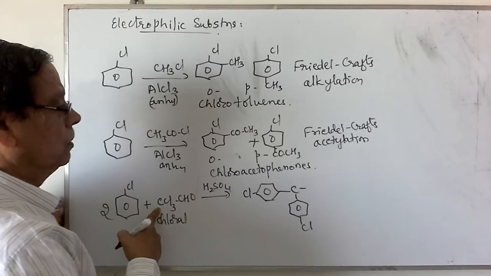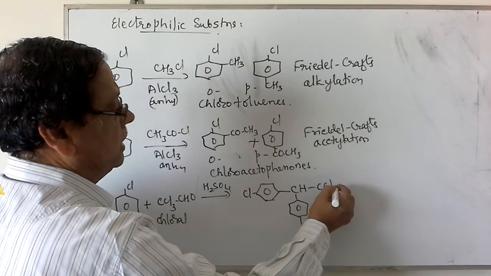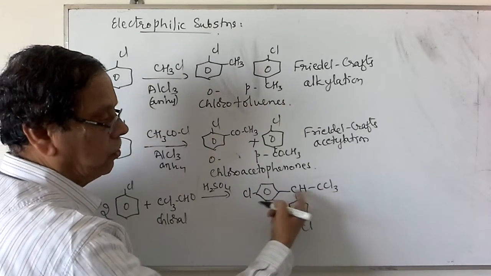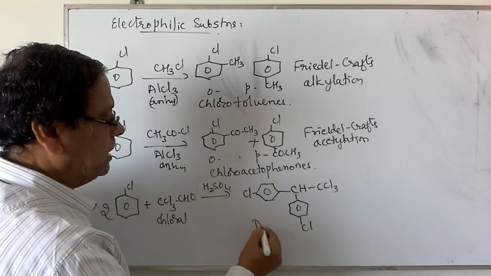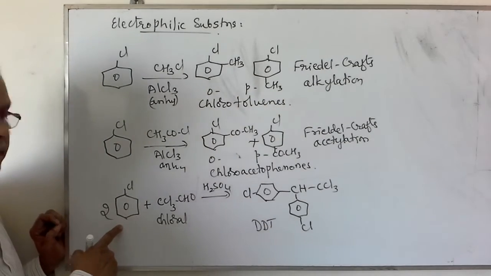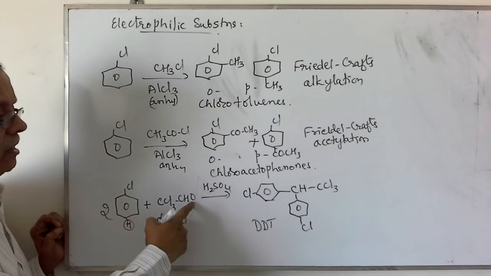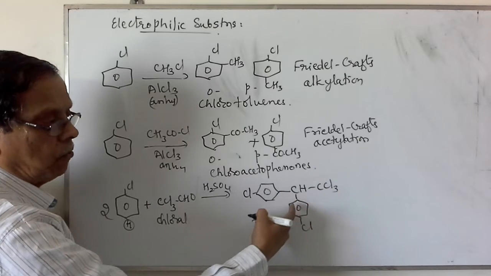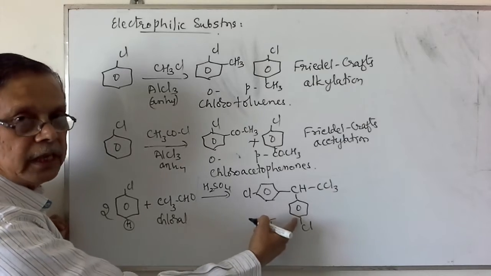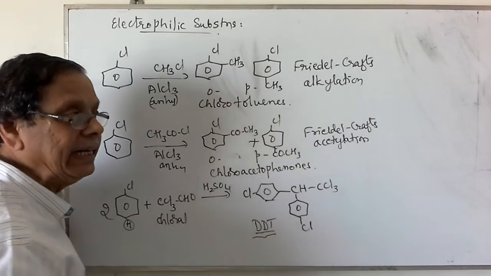This is linked to CH, CCl3. This is dichloro diphenyl trichloroethane. So in short, it is named as the DDT. Actually, two molecules of chlorobenzene with para position containing the hydrogen atom. Two hydrogen atoms and this oxygen atom, they are eliminated as the water molecule. In place of this double bond O, two C6H4Cl groups will be linked. So this is actually used as an insecticide, DDT.